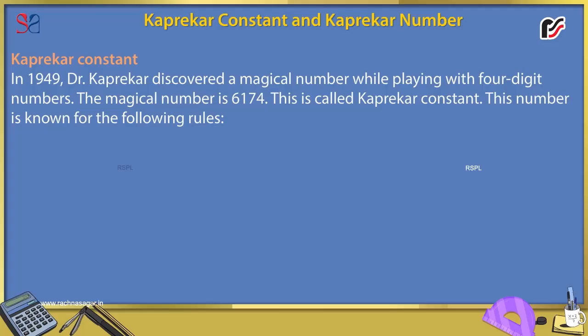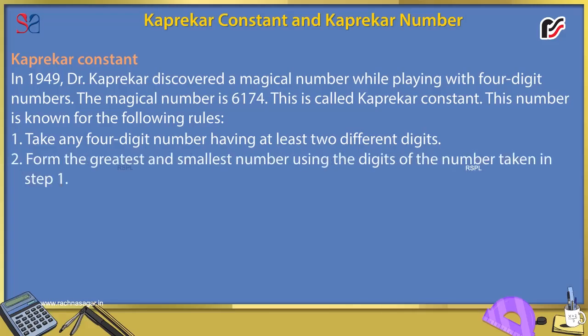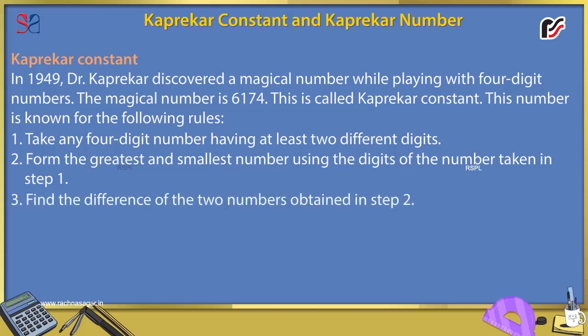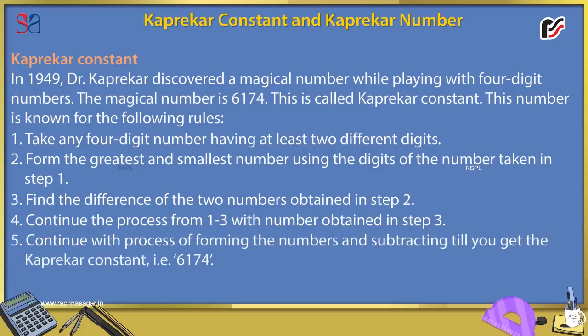This number is known for the following rules. First, take any 4-digit number having at least 2 different digits. Second, form the greatest and smallest number using the digits of the number taken in step 1. Third, find the difference of the 2 numbers obtained in step 2. Fourth, continue the process from 1 to 3 with the number obtained in step 3. Fifth, continue forming the numbers and subtracting till you get the Kaprekar constant, that is